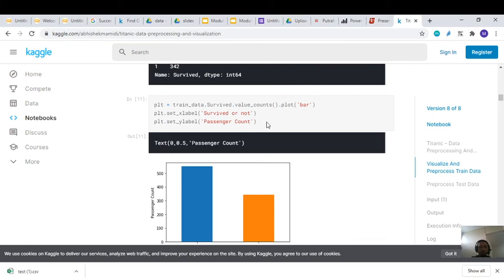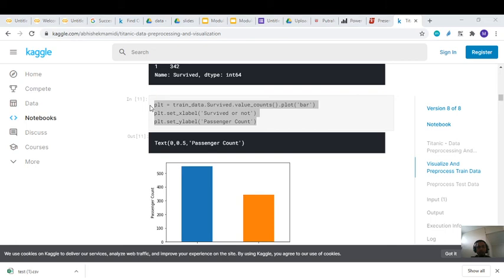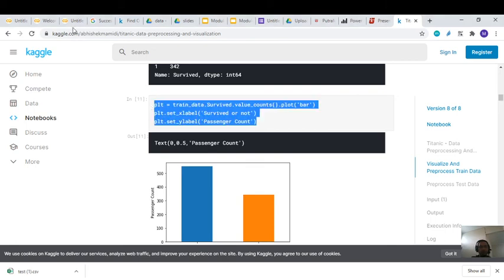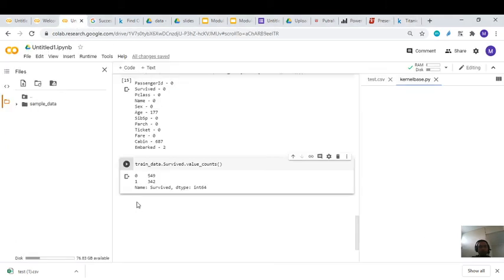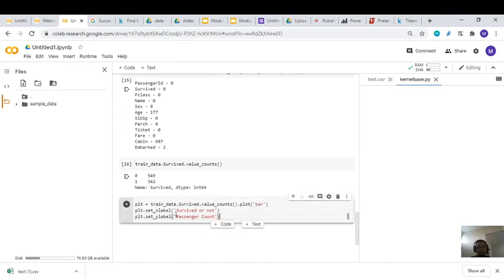You can also make a visualization of the data. So this is the visualization, so we can make the visualization in here. The x-axis should be survived or not, and the y-axis should be the passenger count. So we will get this one.